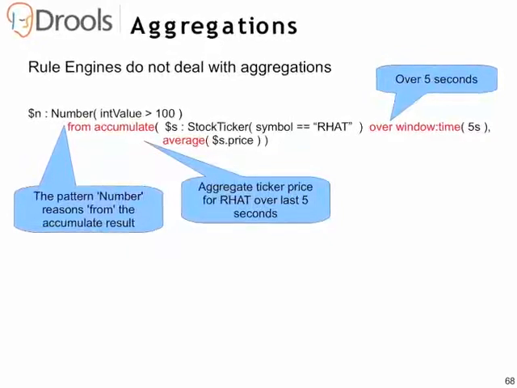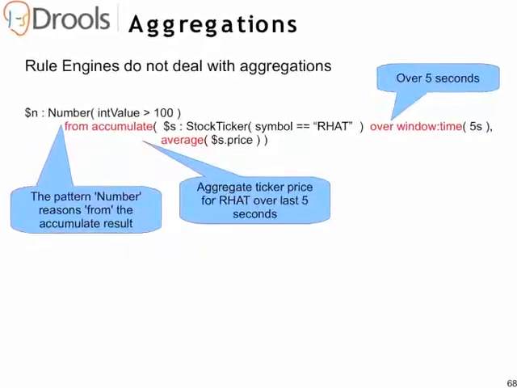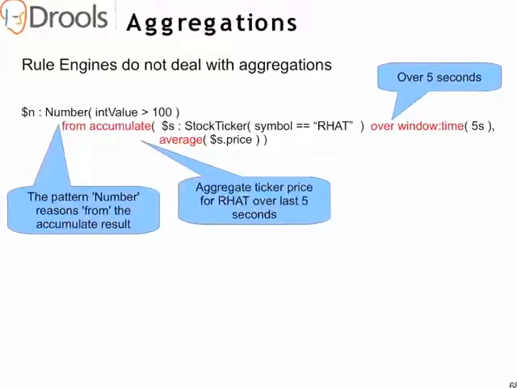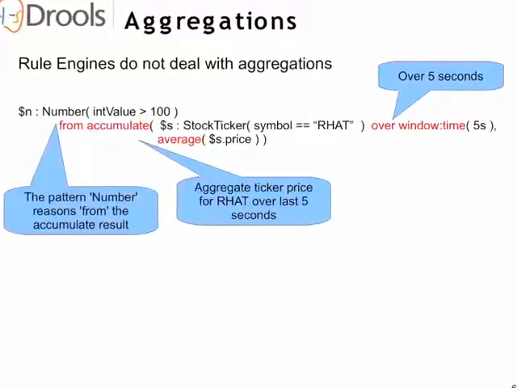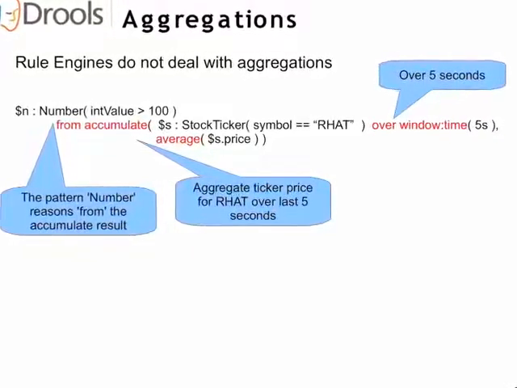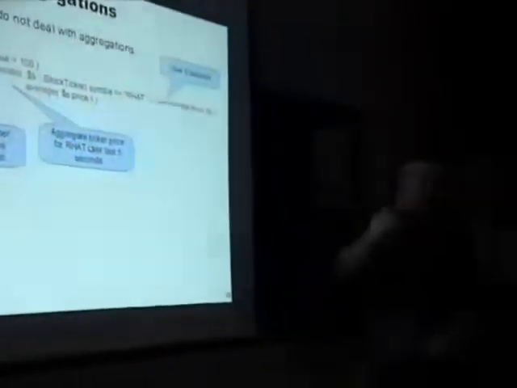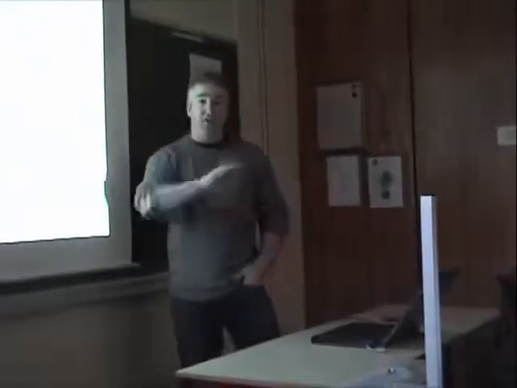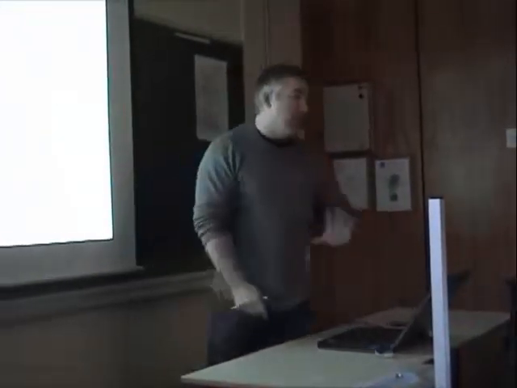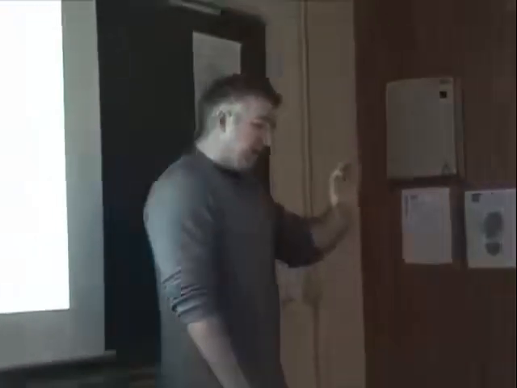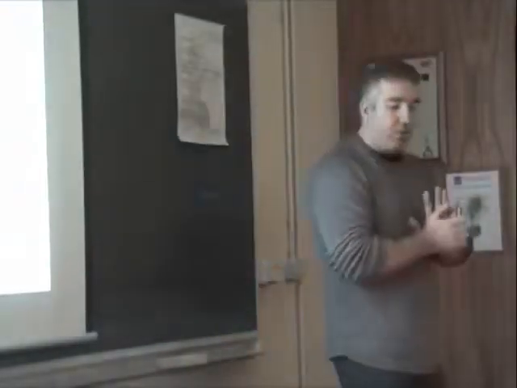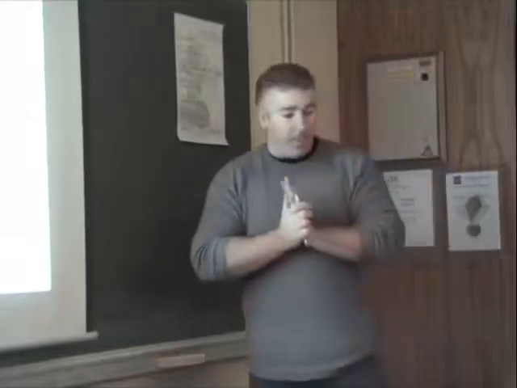It's great. This is going to produce the average stock price over a time window of 5 seconds. If the average stock price over a time window of 5 seconds is more than 100, then do something. As I said, these functions are fully pluggable. There's a Java interface, you register that, and you can do anything you want there. It will work with any subsystem that you like that does statistical analysis. To try and show a little bit how this works with processes, we very much